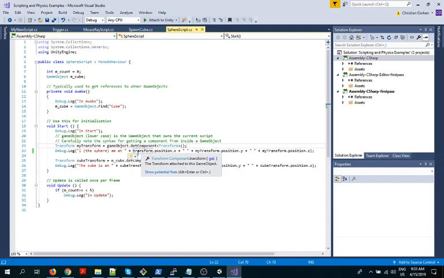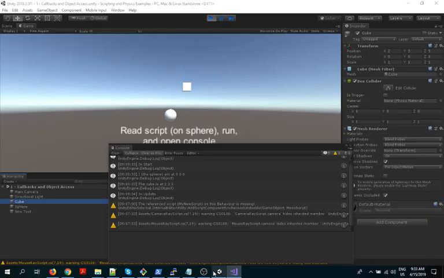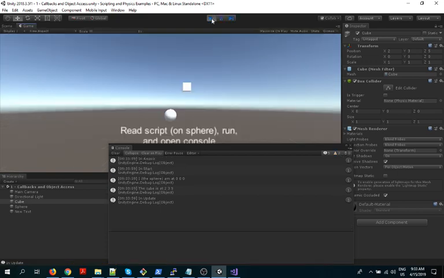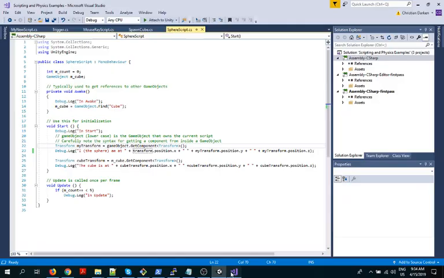So, let's see if it still works. It's building my code. It's going to clear when I run, and we'll see what the new result is. Okay, go back out, go back in. Okay, boom, it ran. So for transforms, this is very special. This is just like the game object thing, and there's almost nothing else that's like that in Unity. Everything else, you're going to have to use this invocation to get the component. That's why I'm demonstrating.